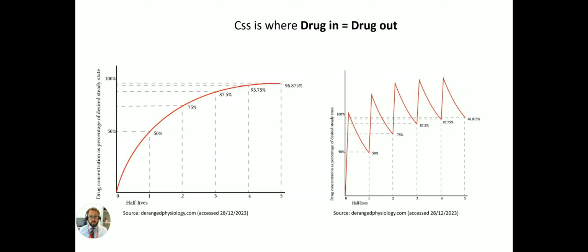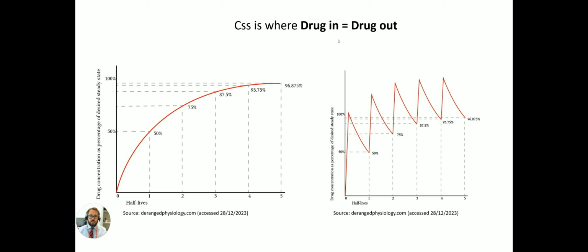As we give a medication continuously, as shown on the left, or at least chronically, as shown on the right, the blood concentration of a drug increases until a steady level is achieved. This is known as steady state or CSS. It takes 4 to 5 half-lives of continuous or chronic dosing every half-life to reach steady state concentrations, assuming first